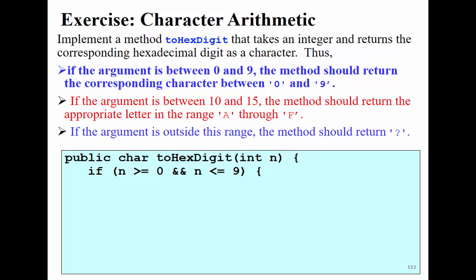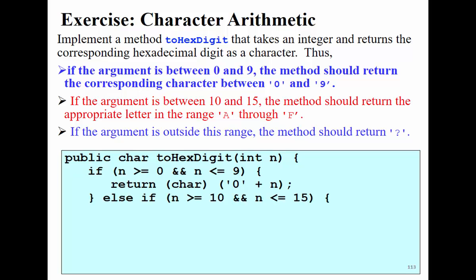If the integer is greater than or equal to 0 and less than or equal to 9, in this case, we're going to return what? The character. So we do the arithmetic for the character. We take n plus the Unicode of 0. By putting this, we're going to have the Unicode that represents the 0, and we add n to it. So the Unicode of 0 plus 0 will return the Unicode of 0. Unicode of 0 plus 1 will return the Unicode of 1. So by this, we return a character between 0 and 9.